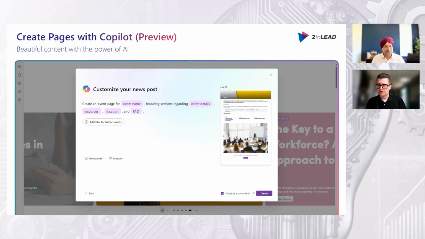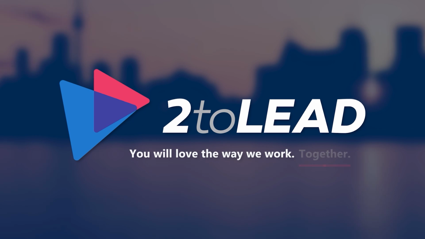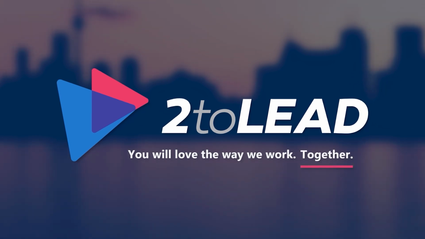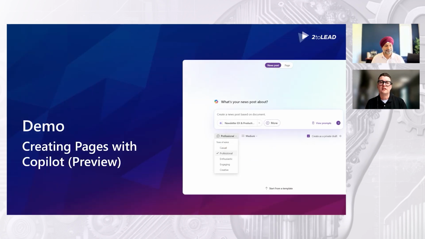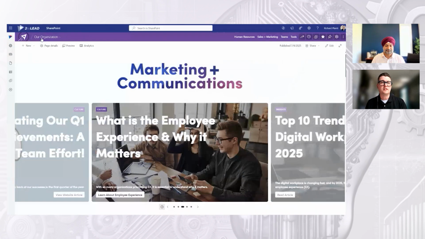Maybe you're not even sure what you want, or you want to use Copilot. Now you can use Copilot to create pages. So this is that AI portion of creation. There's a couple different ways to do this. Again, this is a new feature. You need Copilot licensing. It is in preview, but it's really interesting to see what that looks like when we're